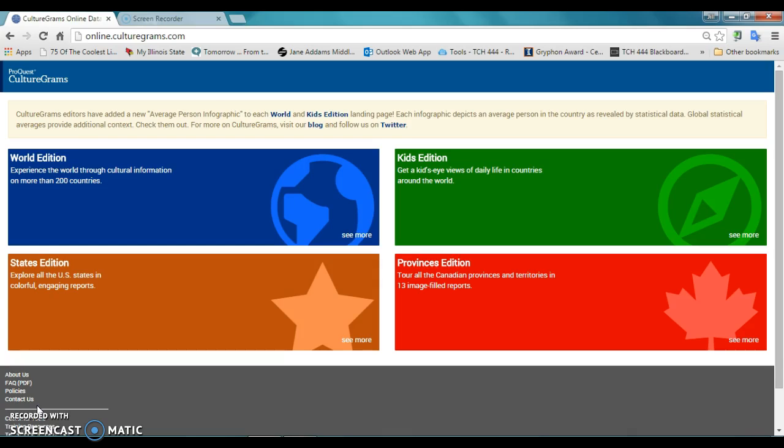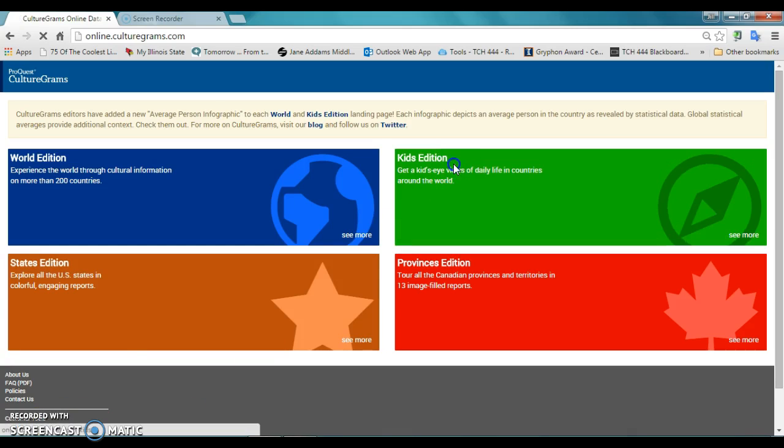And you can see that there's four parts to it: the world, kids, states, and provinces. I'm going to show the kids and states edition, because I think those would be the ones that most frequently would be used at school. So if you click on kids edition,